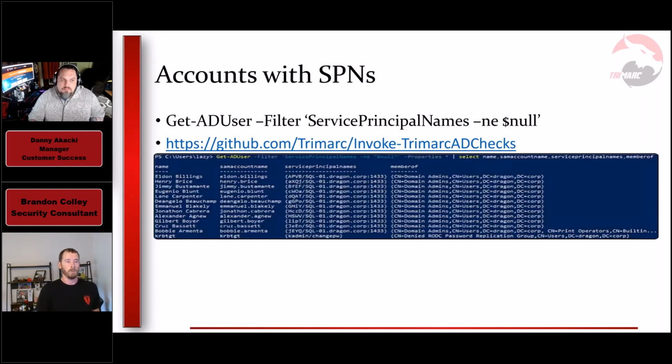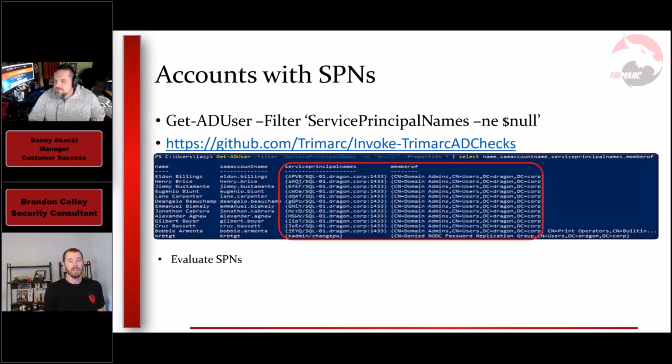Once we know what SPNs exist and the accounts that have them, the first thing we're going to do is evaluate what SPNs exist. That's the first column that I've highlighted here, the service principal names. In this case, it's all the same SQL account, but what you can do in your environment is identify what Jim likes to call dangling SPNs.